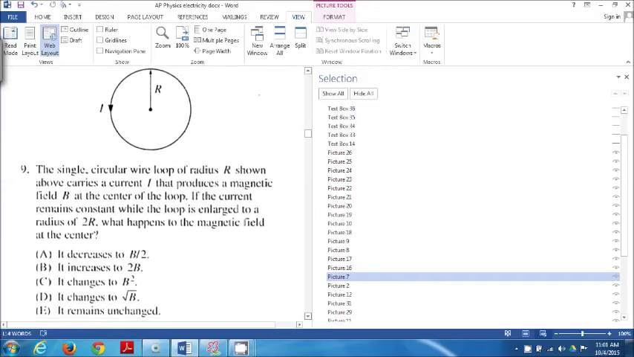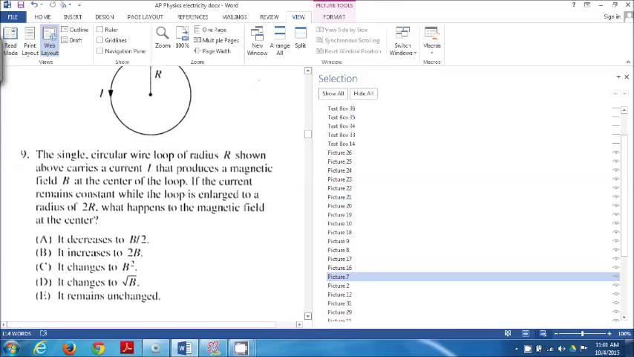The single circular wire loop of radius R shown above carries a current I that produces a magnetic field B at the center of the loop. If the current remains constant while the loop is enlarged to a radius of 2R, what happens to the magnetic field at the center? So we know that the